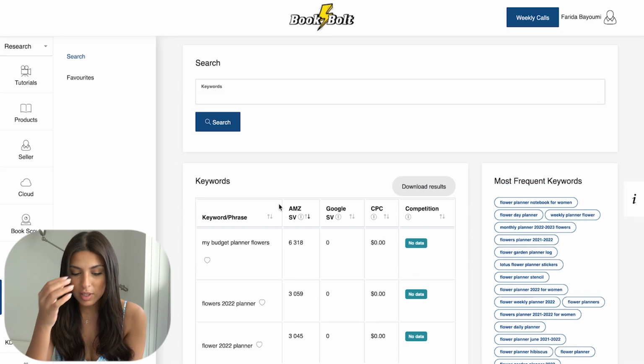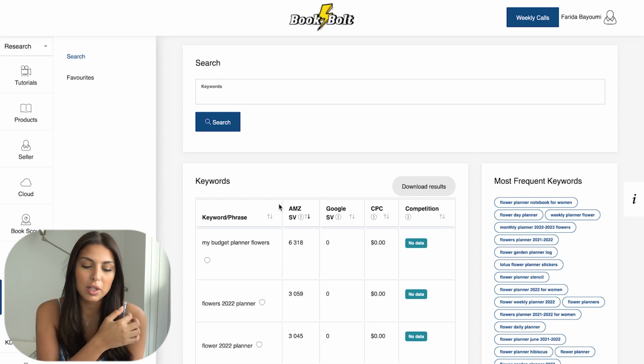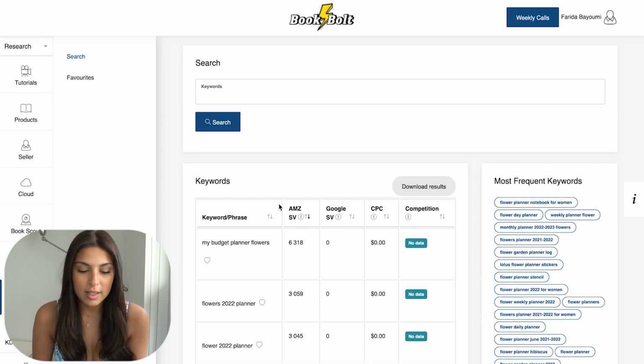Okay, so now touching on the keyword tool, this is great because you're able to search your main keyword or whatever it is that you are planning on selling. Let's say it's a flower planner, and then this tool will pull up the keywords that have the highest search volume so that you can include them in your listing. So this works the same way as if you were to sell anything else on Amazon. You have to create a title that is SEO friendly, that has your main keywords so that it shows up